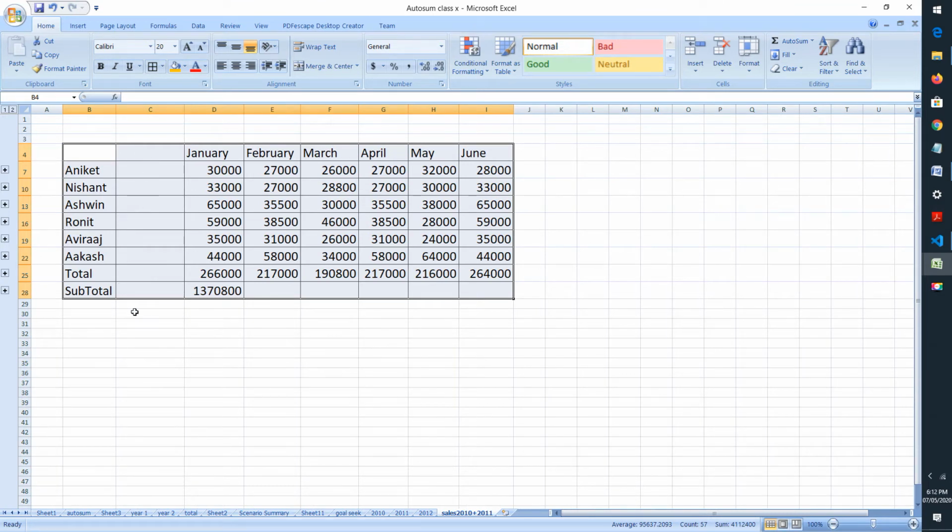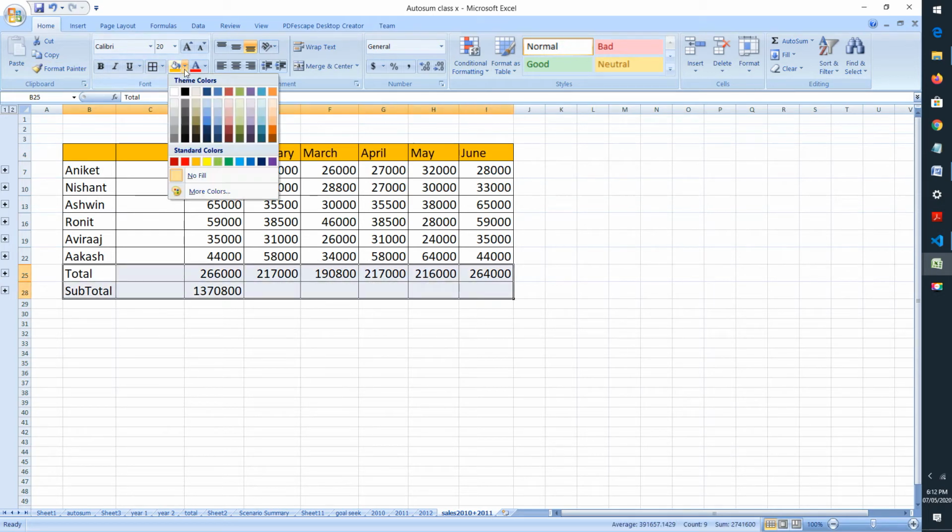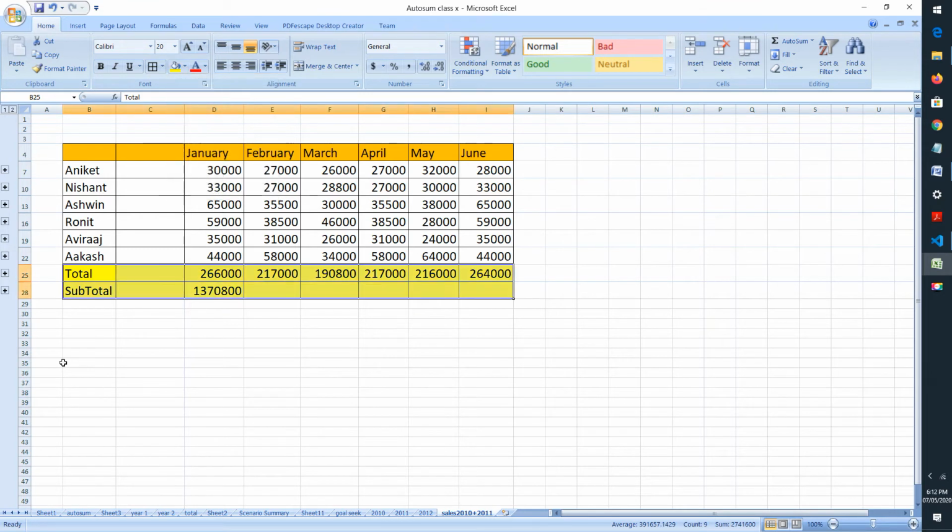Now, what is the purpose of this blank column? This I will show you. So, we will just highlight our text a little more so that it is more clearly visible, and let us highlight these two also. Now, we will name this column salesman, and expand it a little bit.